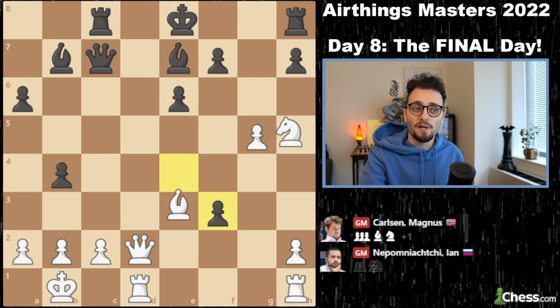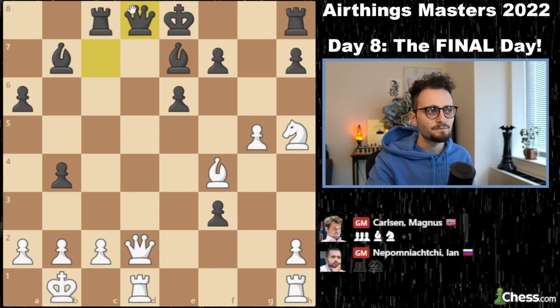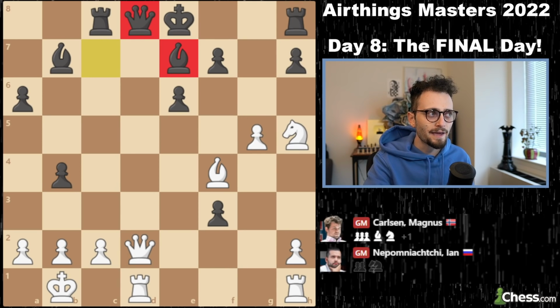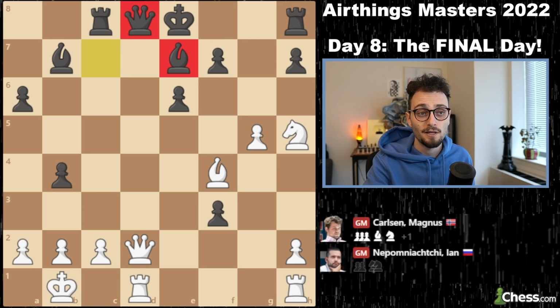Knight f6 check, not played. Instead, he plays bishop f4. Magnus slides back to d8. He's offering a queen trade, and now knight f6 is not possible, because takes, and we can trade queens. If you get the queen off the board, black is not in any danger. So queen d8 is a cold bucket of water, a Norwegian winter cold bucket of water on